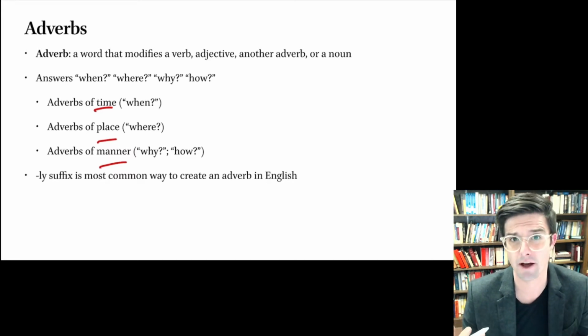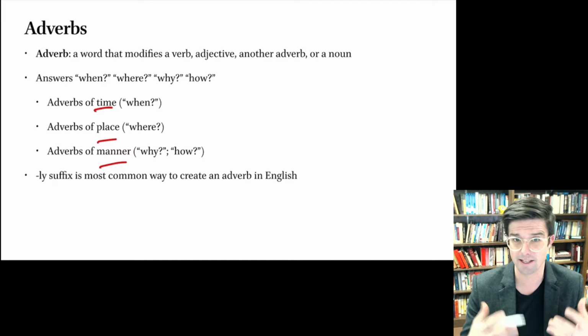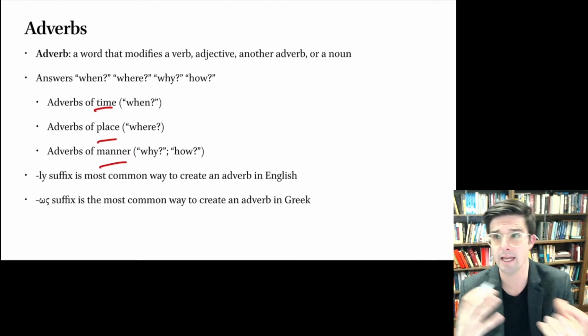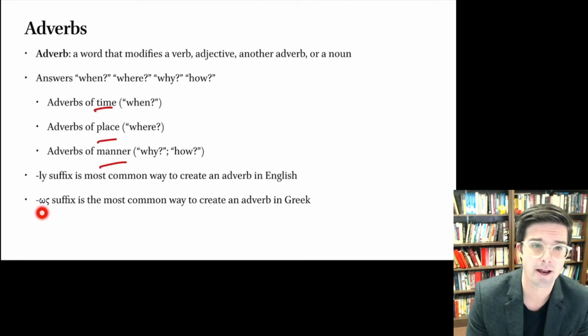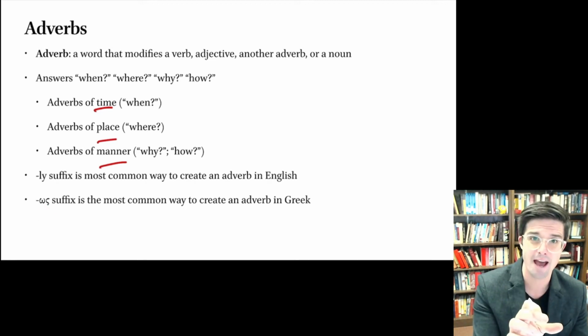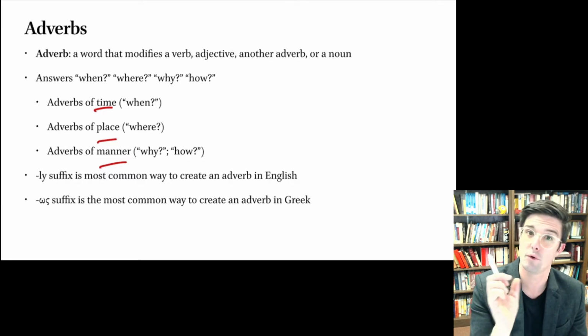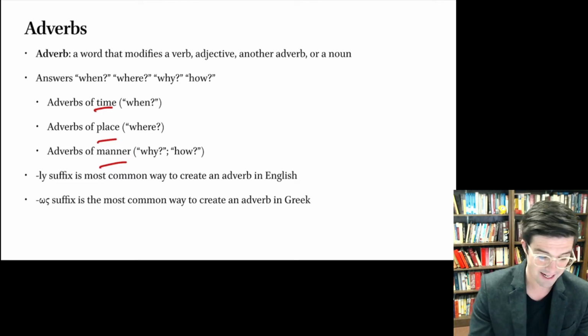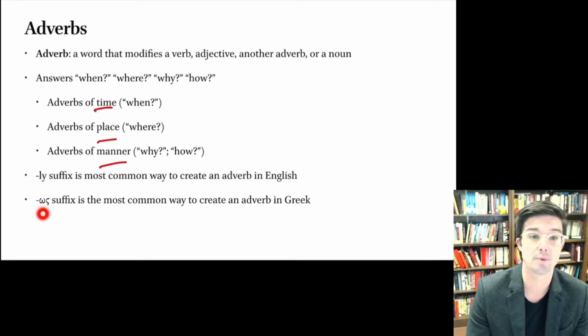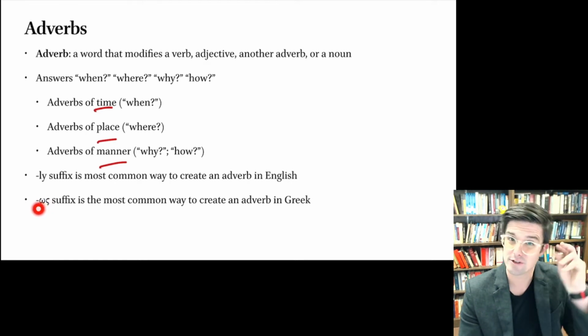There are many other adverbs that do not end in ly. Similarly, in Greek, to turn a word into an adverb, you add omega sigma, but this is not to say that every adverb ends in omega sigma, or even that every word that ends in omega sigma is an adverb. Though when you see omega sigma, you should sort of be cued off to think that this is